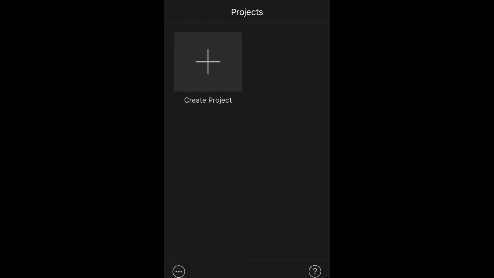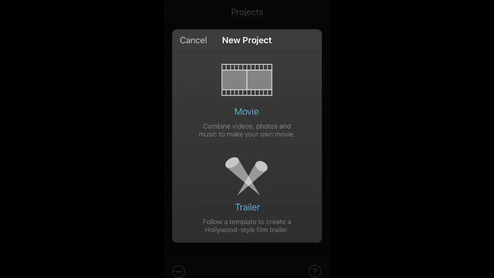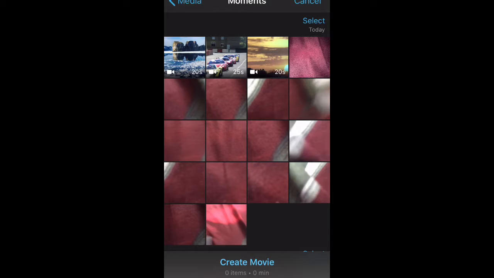You'll see an option to create a new project over here. Click on the plus button. It will give you an option to create either a movie or a trailer. For video we need to create a movie, so we'll select the movie option. Once you select it, it will take you to your camera roll. Make sure that you provide the application access to your files on the cell